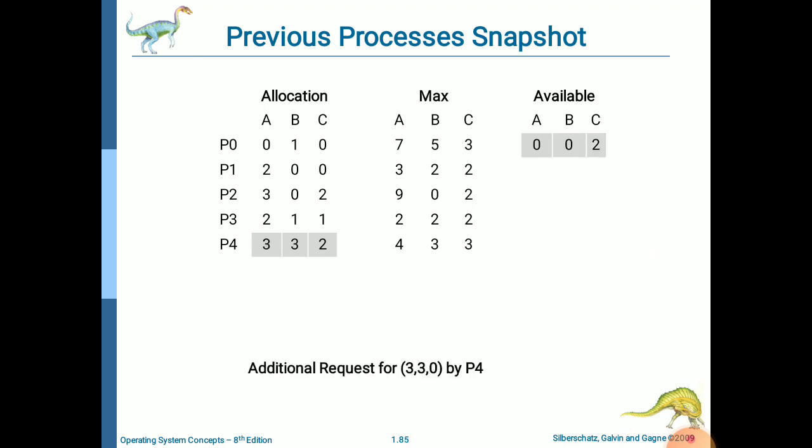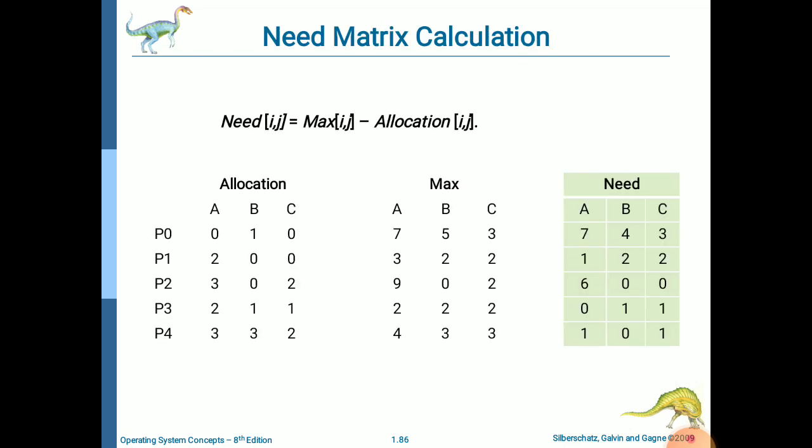So the state of the processes becomes this way. P4 now becomes 332; earlier it was 002. Now, with the request, it becomes 332. Think that it is not yet allocated, but it is pretended. After allocation, what will happen? The respective need matrix for the new snapshot is calculated this way.